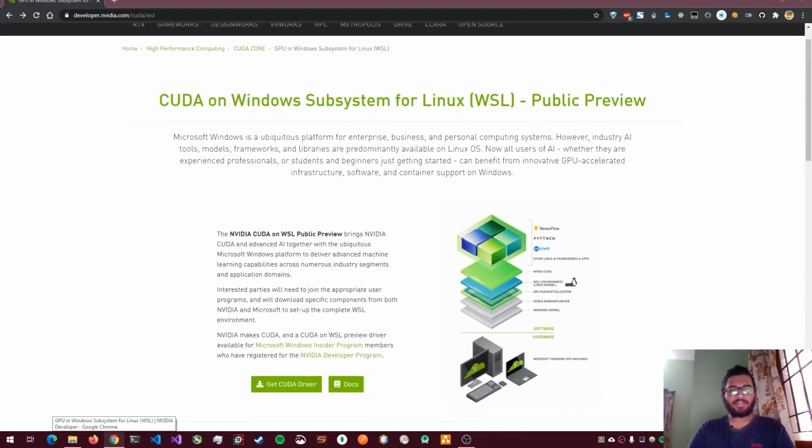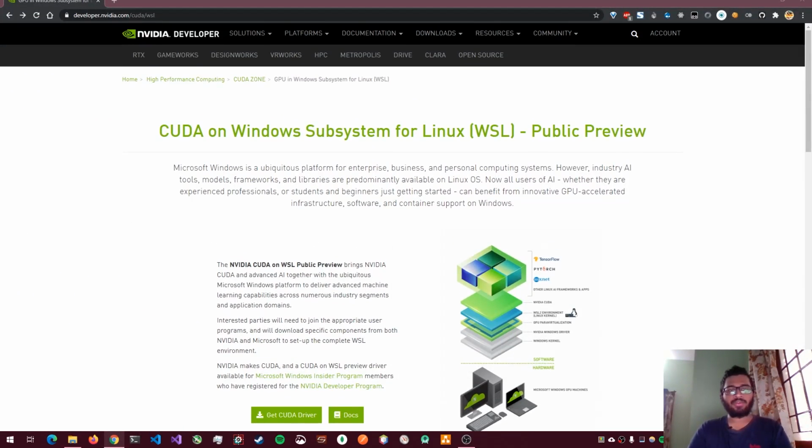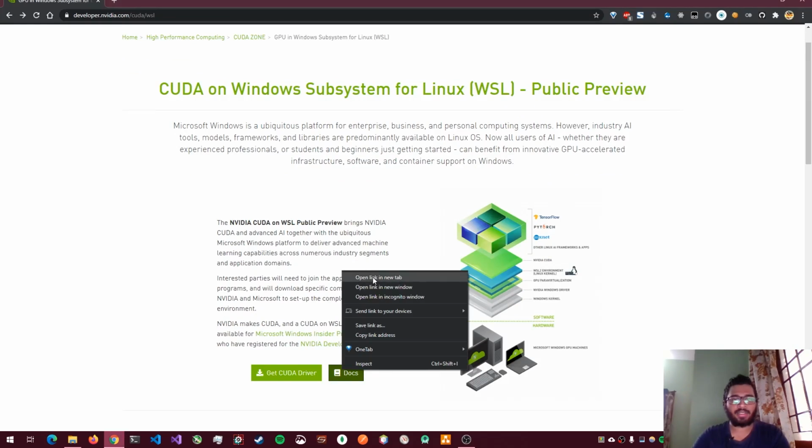Hello everyone. So in this video, we are going to see this cool new feature that's added to Windows, which is CUDA for WSL. The WSL that we were using before didn't have support for CUDA drivers, so you couldn't use the GPU that's on your Windows host on WSL. With this update, you can directly use the GPU on WSL. So let's see how that is done.